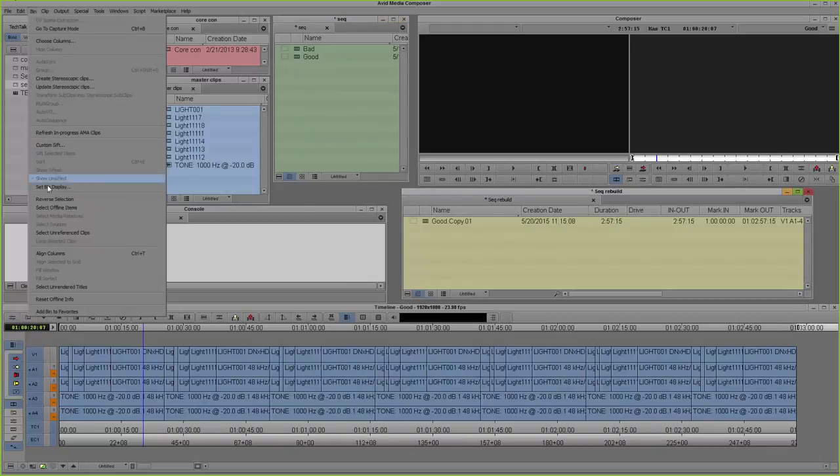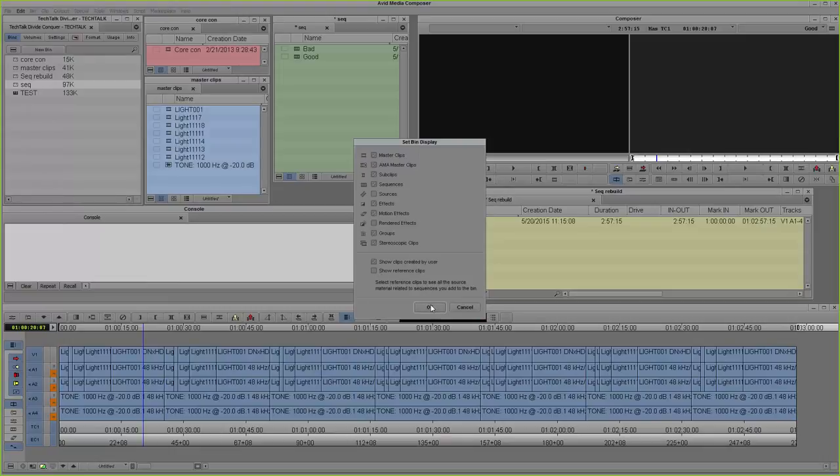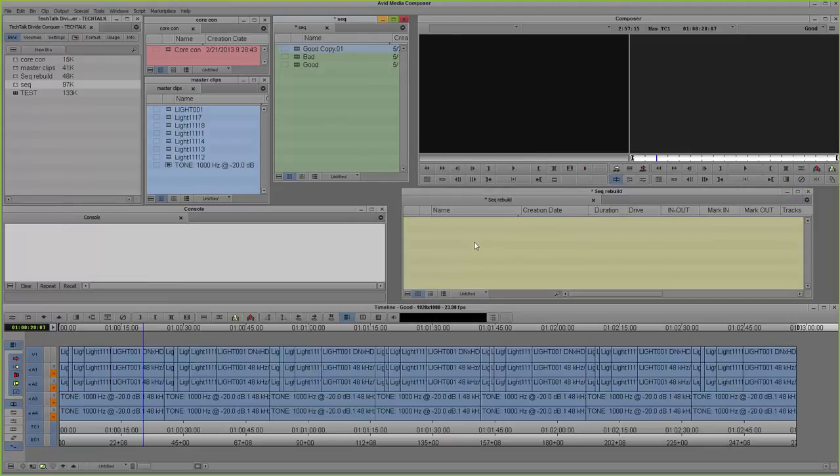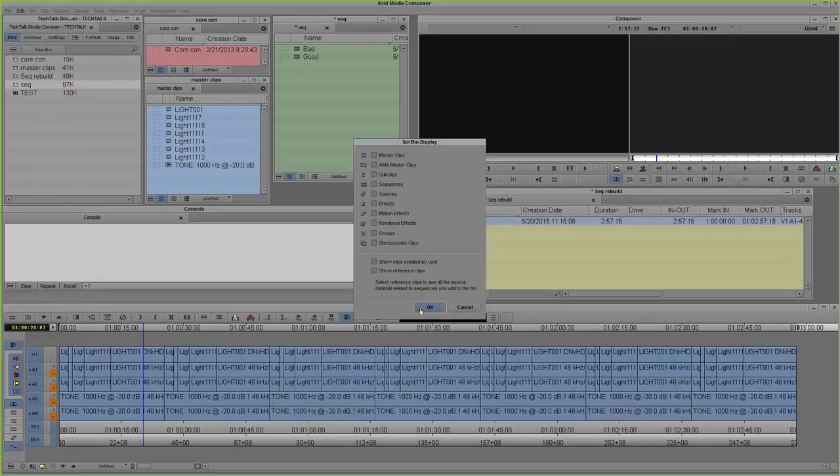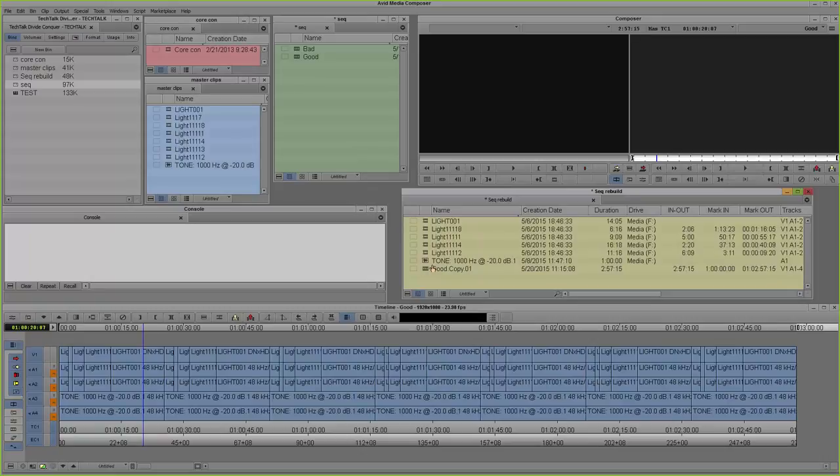So let's go back here and turn this off. I feel like we can get that to do what we needed it to do. It might have been an order of operations here. There we go. So now I have all my master clips that are available in that bin. Like I said, I might feel that one of those master clips is the problem. And the simplest thing to do might be just to start loading these clips individually into the source monitor. And once I load each clip into the source,